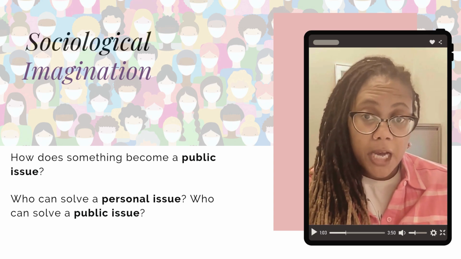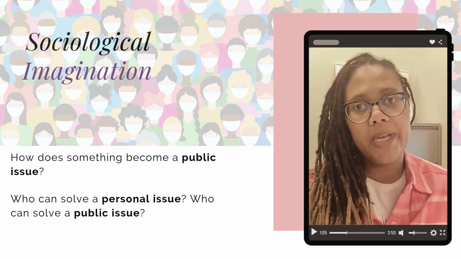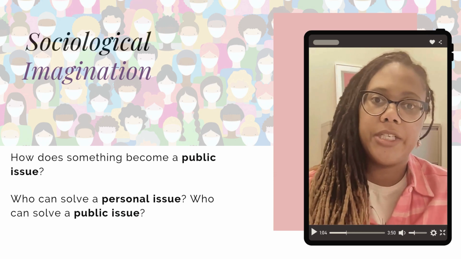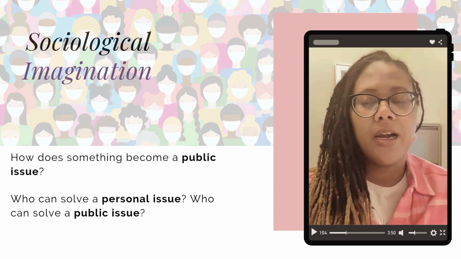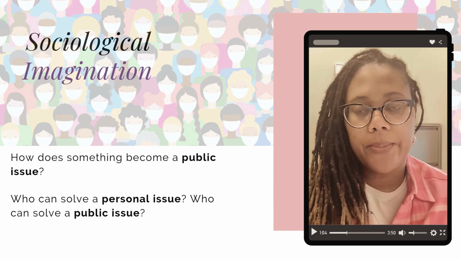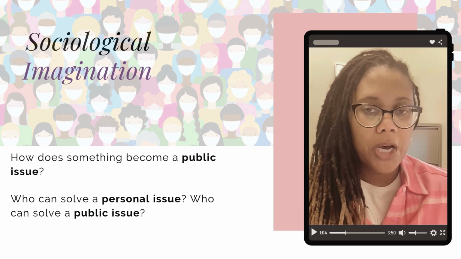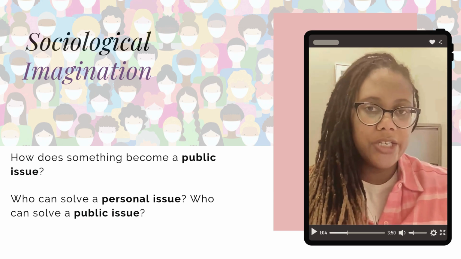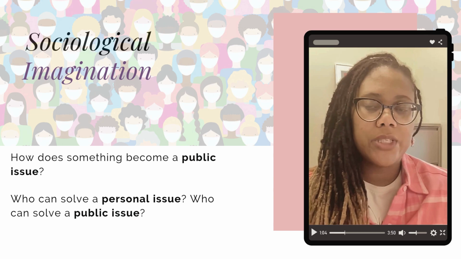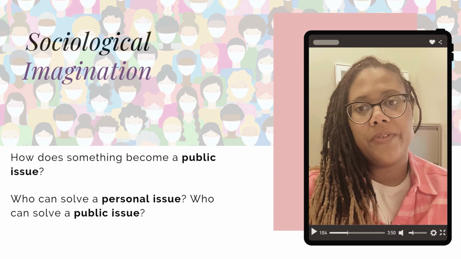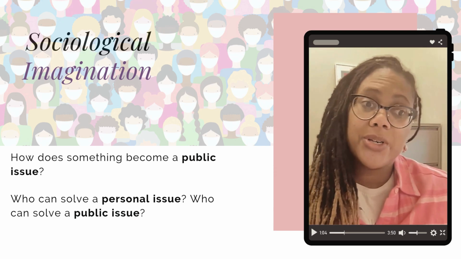So, in the previous module, I supplied a lot of information that's giving you a basic overview of what sociology is, what our theories are, and what sociologists do and think about. In this module, I just want to highlight a bit of that initial introduction and looking at what's called the sociological imagination and the difference between a public issue and a personal issue.